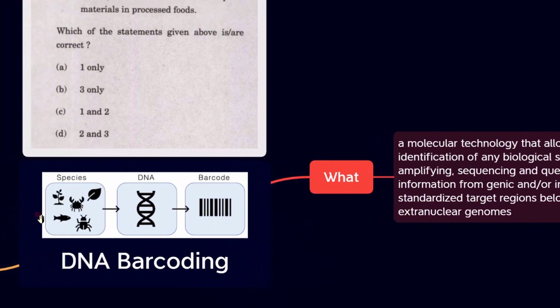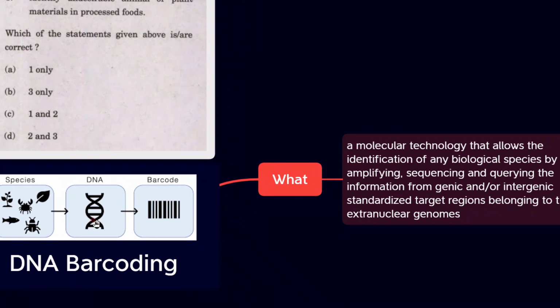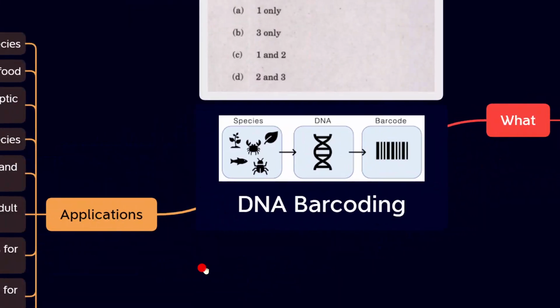Here you could see the image. It is very intuitive. These are all the biological species, and what DNA barcoding does is it identifies the DNA of the biological species, and codes it with a barcode on it. So that's what DNA barcoding is. So as we have seen what DNA barcoding is,